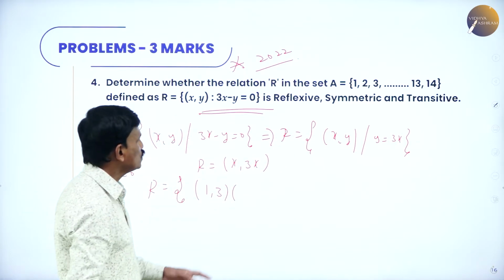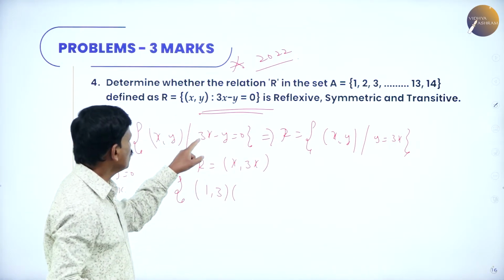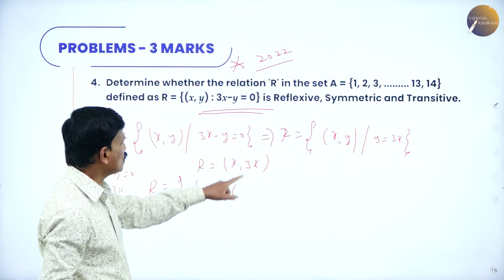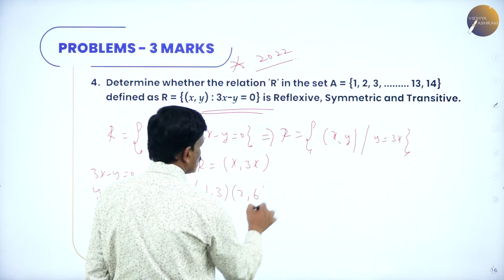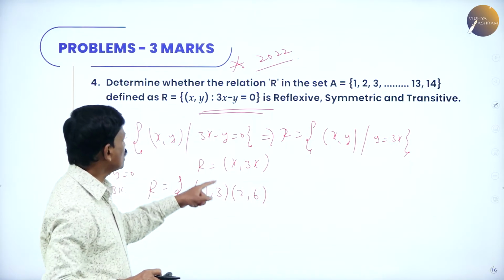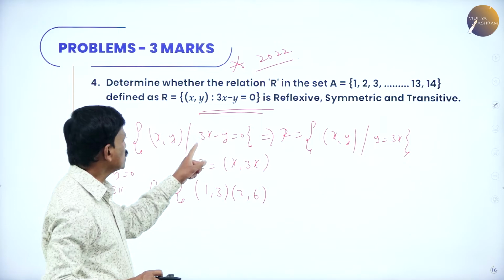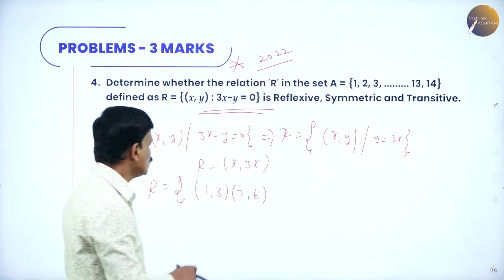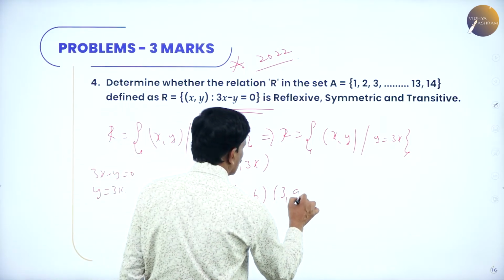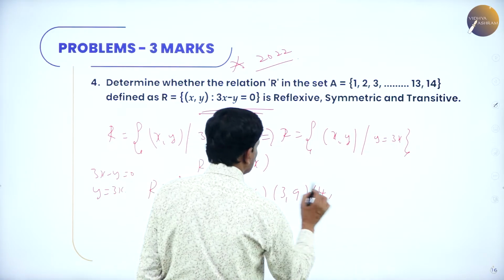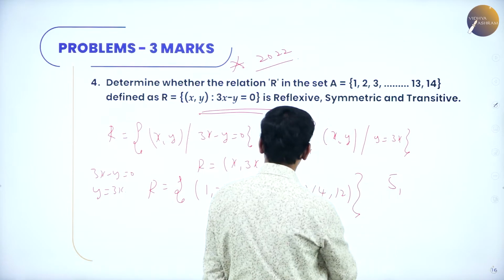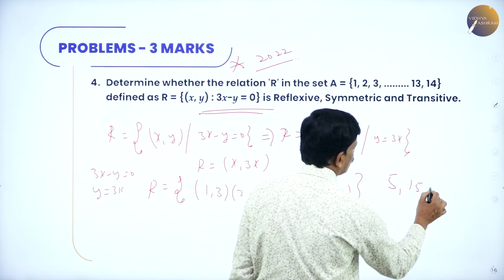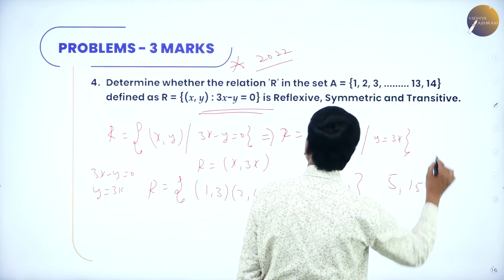See, so here this condition will be satisfied. 1 into 3 is 3, minus 3 is equal to 0. Second, next 2 comma 3 2s are 6. Here first element is multiplied by 2, 2 into 3 is 6, minus 6 is equal to 0. Again 3 comma 9, then 4 comma 3 4s are 12. Now you cannot take 5, because 5 3s are 15, but 15 does not belong to the given set,